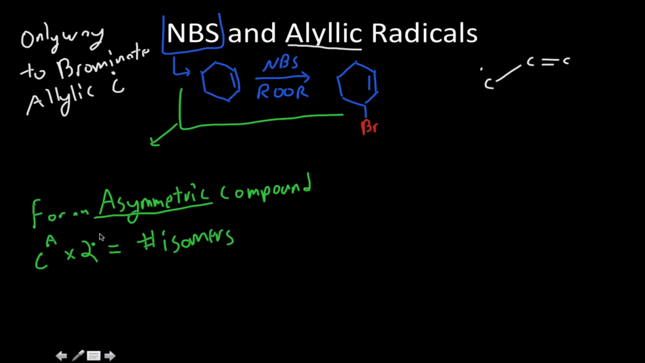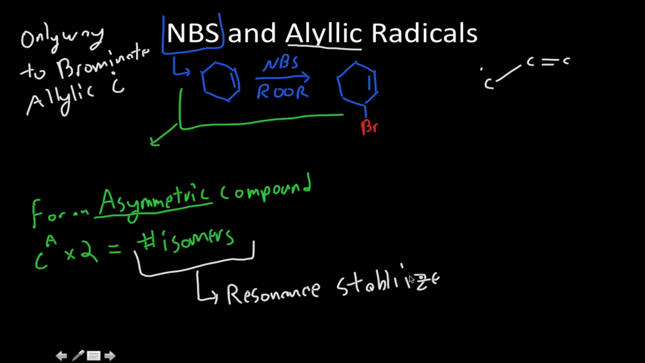And the reason why we use this is because allylic carbons are the most stable radicals, because they are resonance stabilized